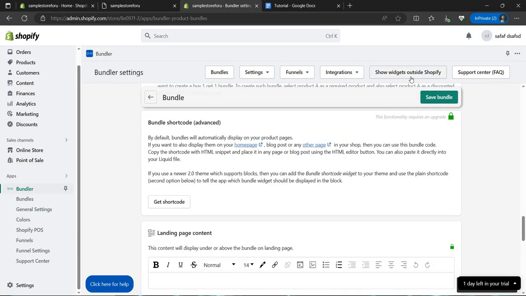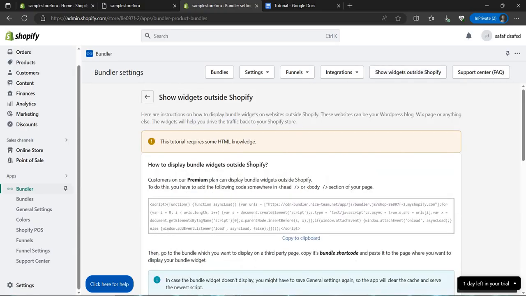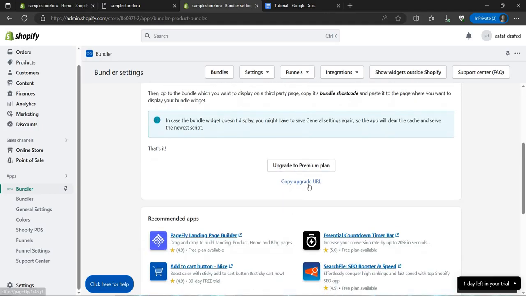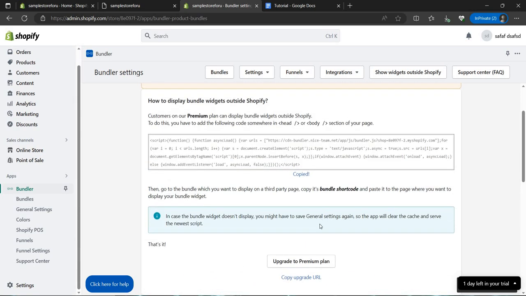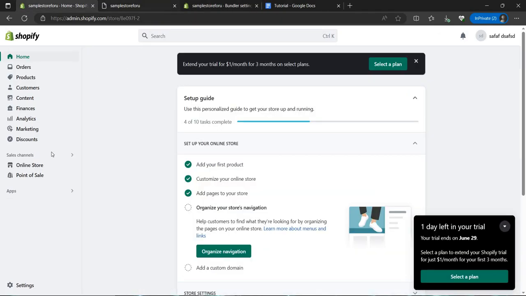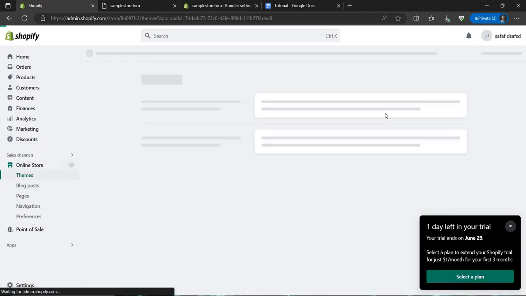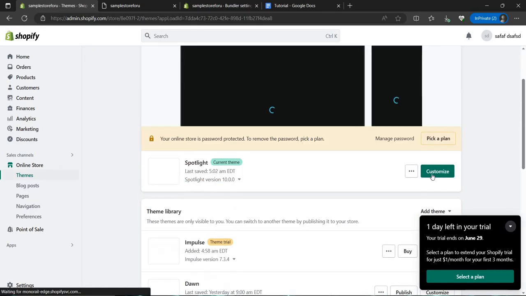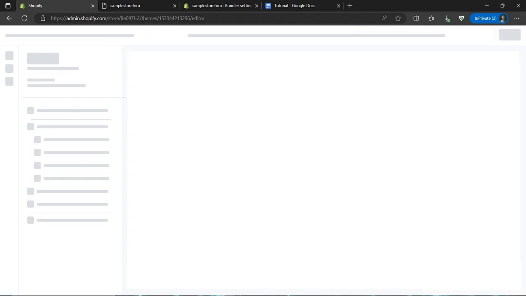So we can show the widget outside to the Shopify. So here is the code. We can just copy it. So we can just paste it. If you want, you can just copy and upgrade to the premium plan. So this is actually a premium plan. So this tutorial requires that, so we can just go to the online store, and you can just click on customize, and you see it's loading. You click on customize,